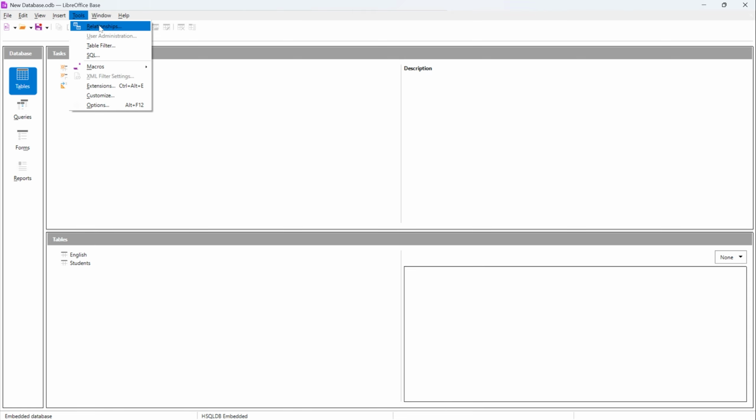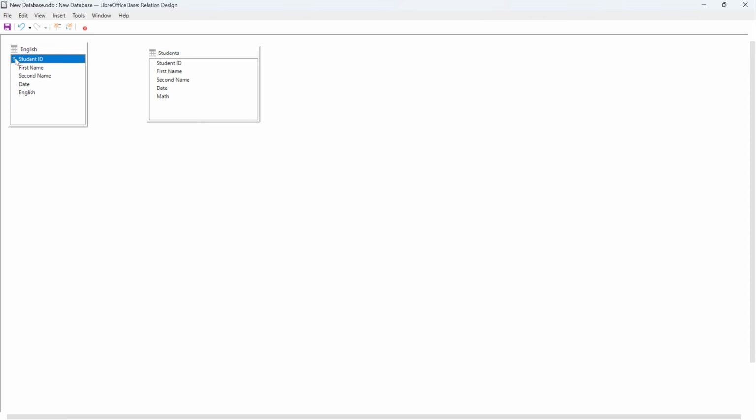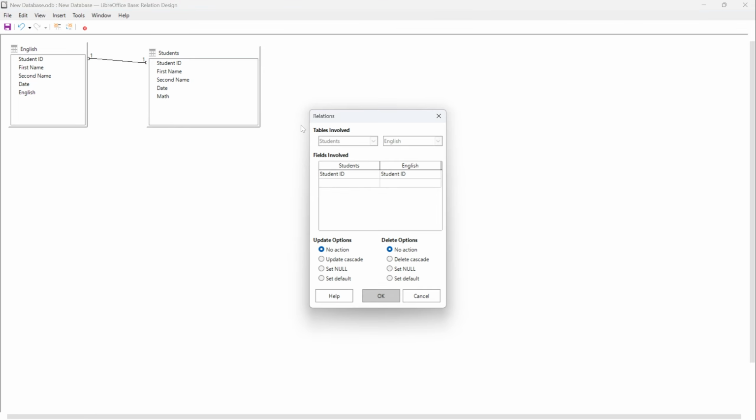So I'm going to head over to Tools, Relationships. And then from here, let's go ahead and just try to make this a bit bigger. And then from here, basically what's going to happen is that I'm going to connect student ID from English to students. Now that I'm done with that, I can go ahead and double click this one